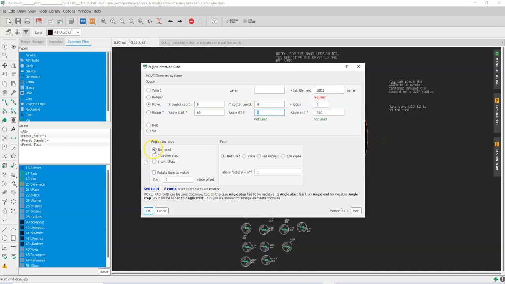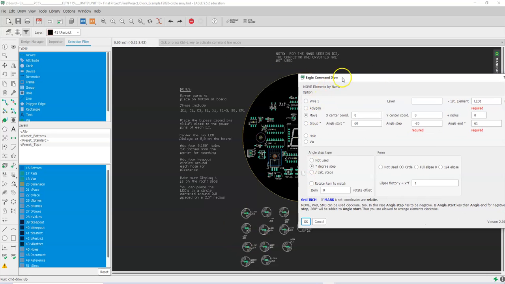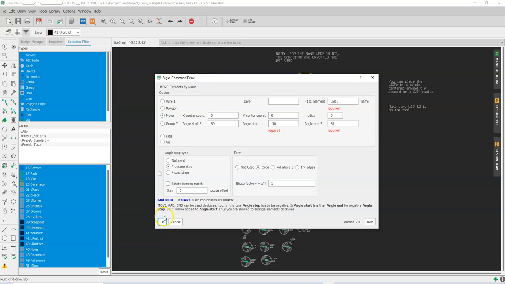Angle step, whoops, and we're going degrees per step. Angle step is minus 30 degrees. And in order for it to completely go around the circle, we have to have a value at the angle end of a slightly higher value than angle start, which you can see down here. And that'll go 360 degrees. So if we click on circle here, you'll see that all the LEDs are grouped down at the bottom. And if I click OK, what it'll do,